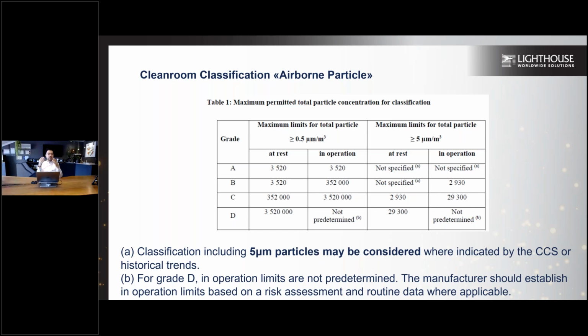And then you can describe, okay, I will start with 3,520 particles for grade A at 0.5 micron, as well as 20 particles for 5 micron as side information for me. And then the limits will be this and this. And the limits will be defined in my contamination control strategy document as an addition to GMP Annex 1, Table 1. And also you can say, for the first year, for example, year 2023, I will start by sampling